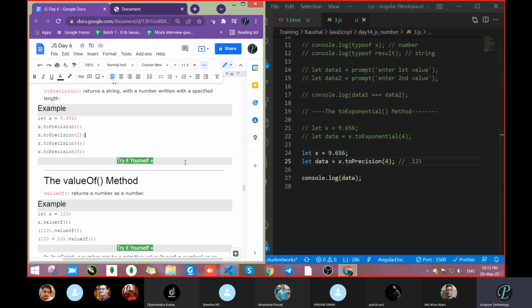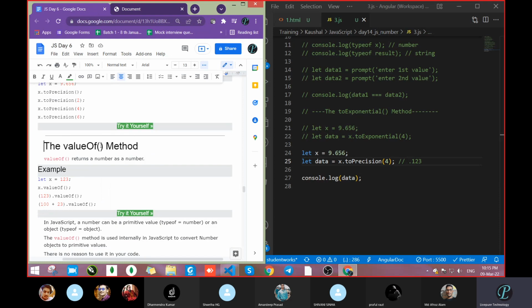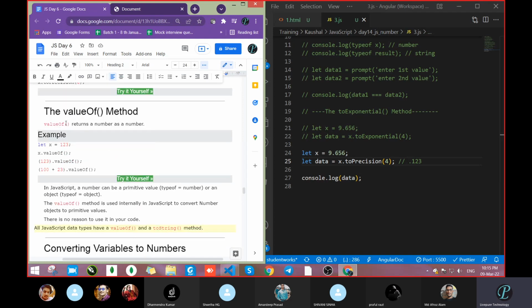So toPrecision. So next is the valueOf method. It will return the number as a number. Okay, like x equal to